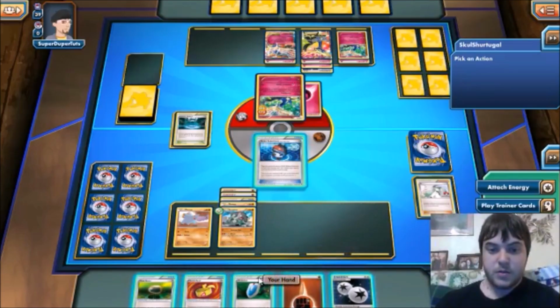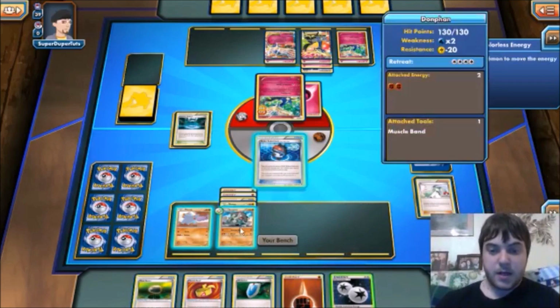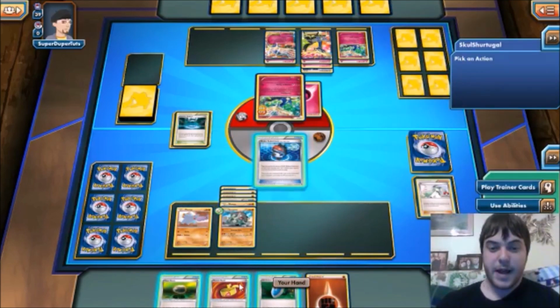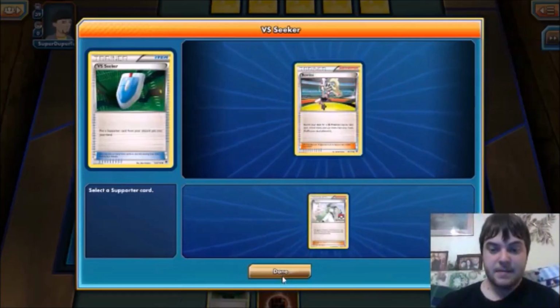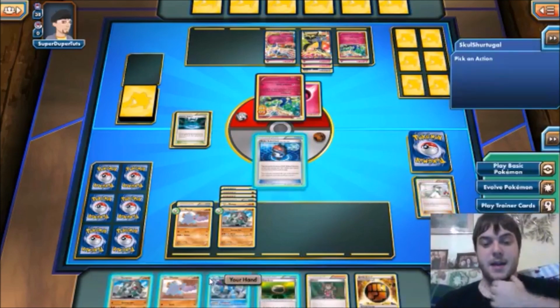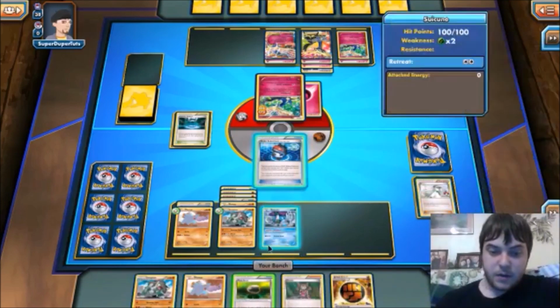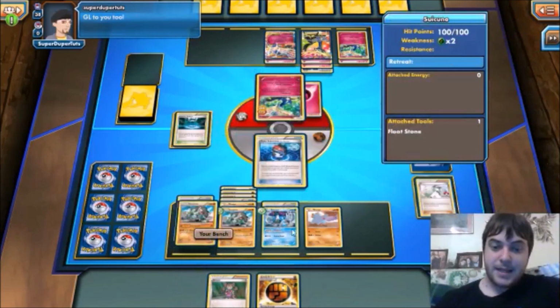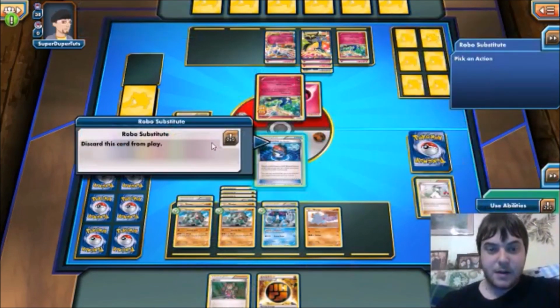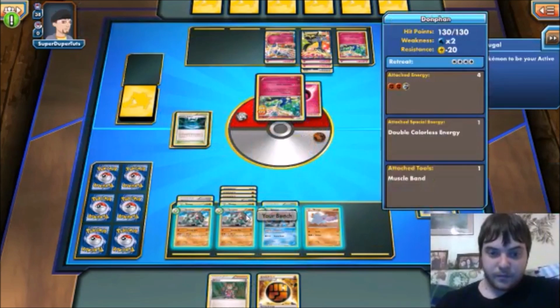I'm going to... what should I do? I'm going to set this Donphan up to potentially wreck. I think I'll attach a Muscle Band to the Phanpy, and then play VS Seeker and get N. And then I'll play my N. And alright, I got a Suicune, Floatstone. I got the strong energy. Now I did get a whole lot of stuff, and I have a Shauna for next turn on top of all that. I will...